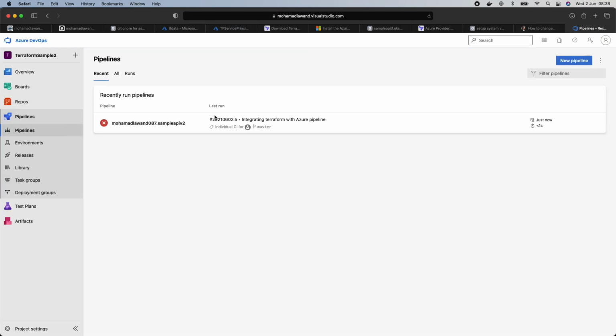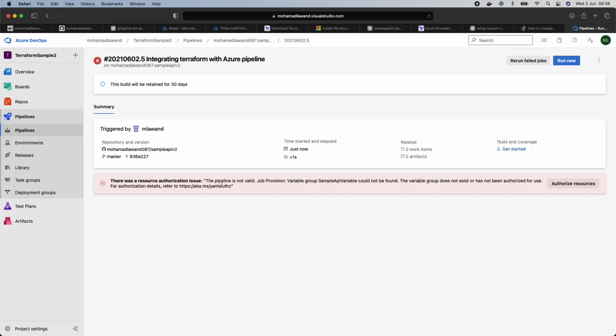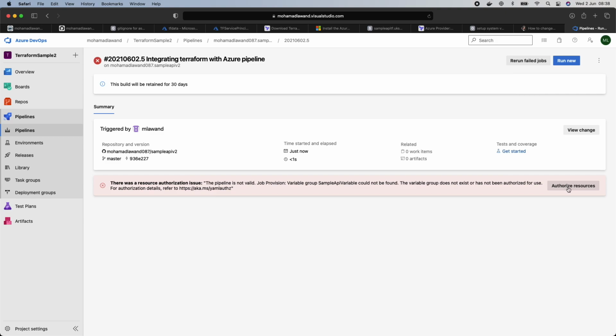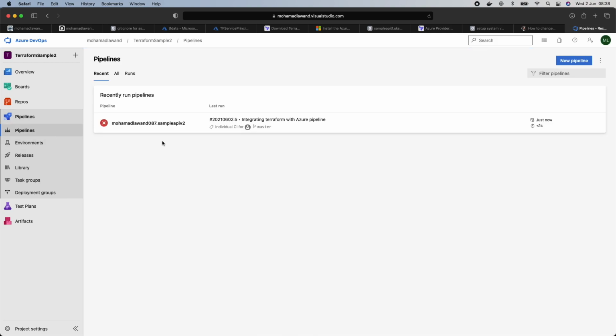pipelines, and we can see this is an old one which had failed. Oh, this one has already failed. Let's see why it has failed. The pipeline is not valid. Authorize resource. So let's click on authorize resource, and it says that we have automatically authorized it. So now let's check again,